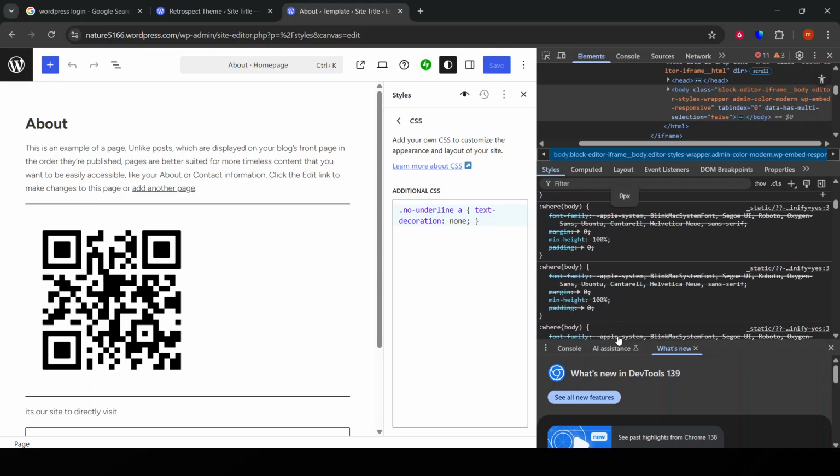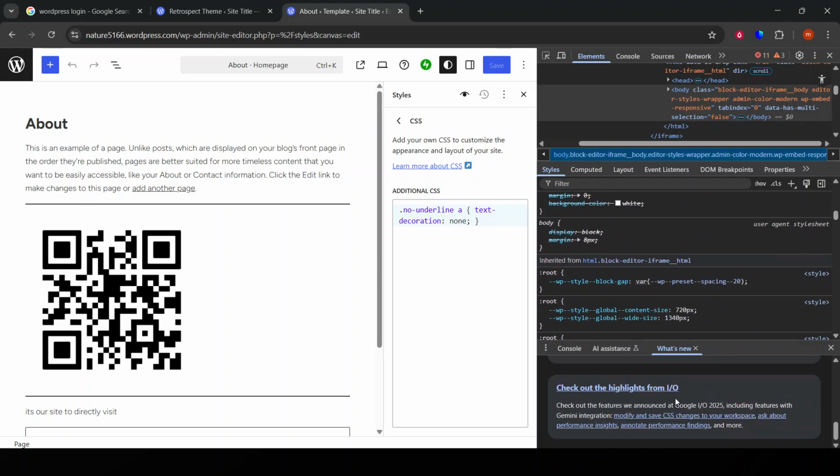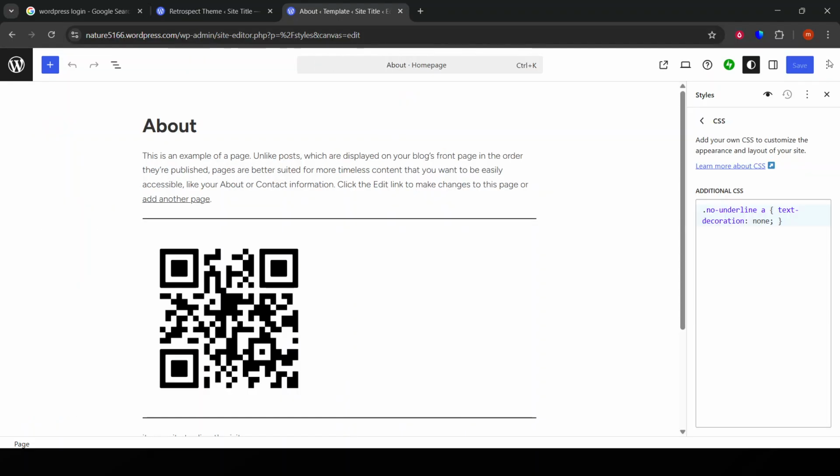In the Additional CSS panel, type the selector followed by curly braces. Inside the braces, you'll write font-size, followed by the size you wish to set, like 16px or 18px. Here's an example: .main-navigation a { font-size: 18px; }